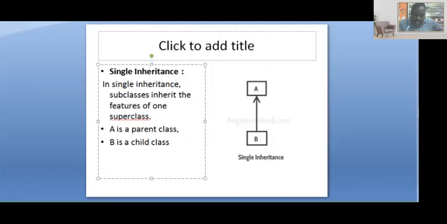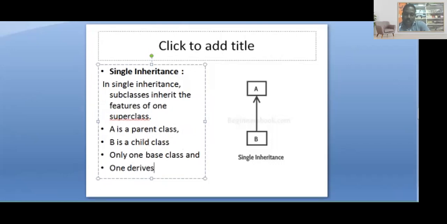Here we have only one base class and one derived class.